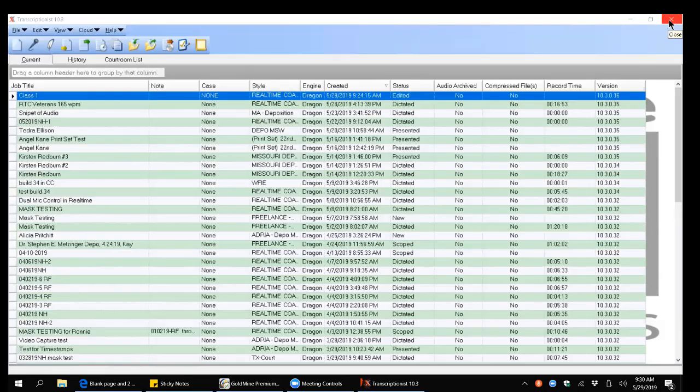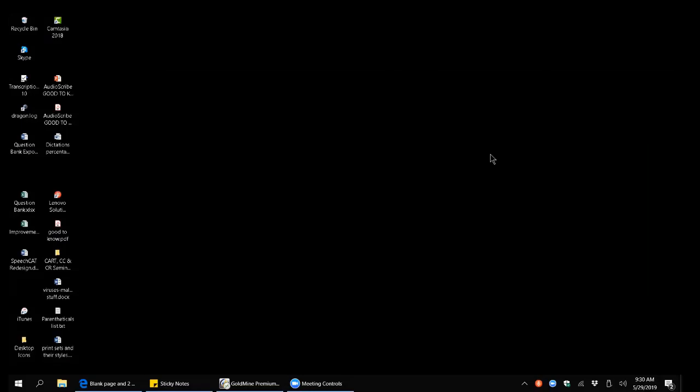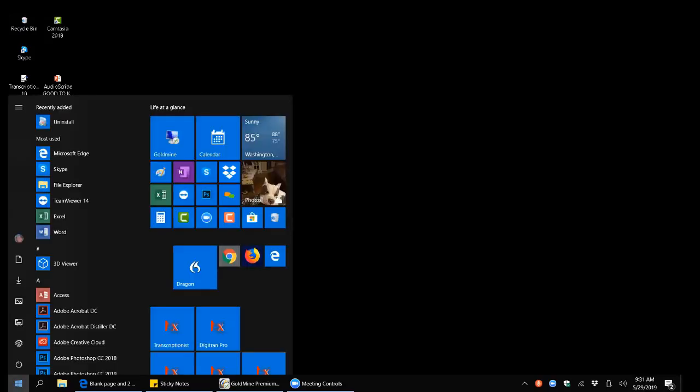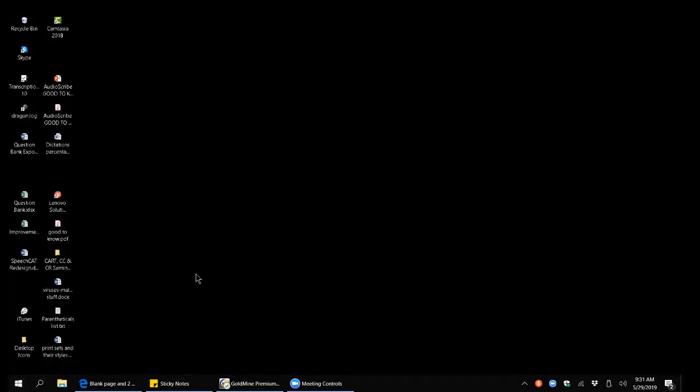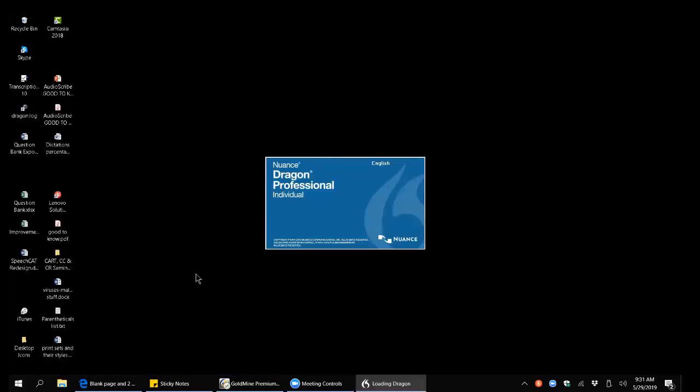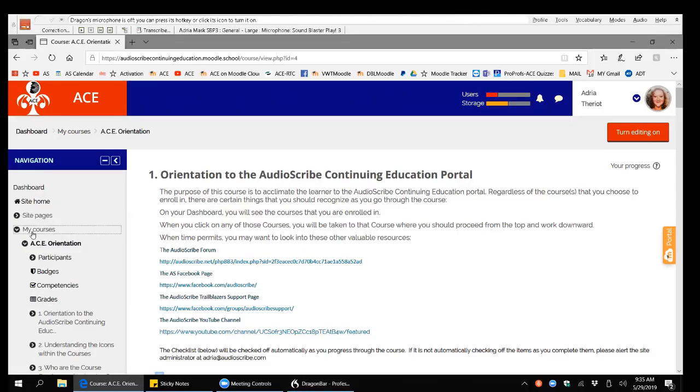Okay. Let's go ahead and close out of the transcriptionist application. Close out of it completely. And all of you should see on your desktop or in your tiles the Dragon icon. It looks like white fire. Let's all go into Dragon. If you'll return to ACE